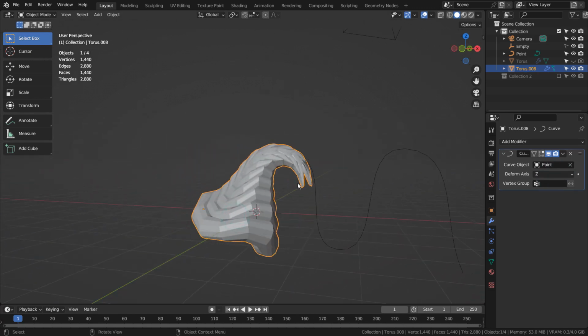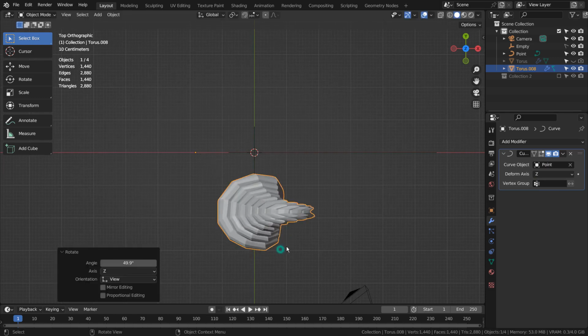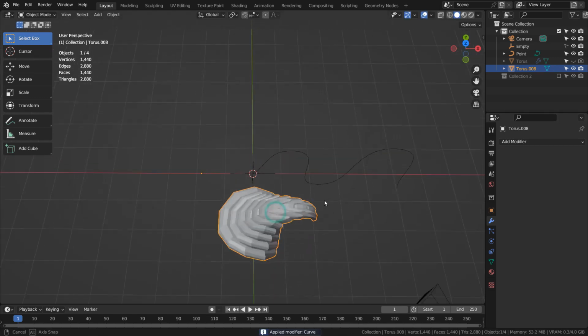After applying the modifier, I manually rotated the mesh to make it look like it's coiling around the blue mesh in the middle of the screen.